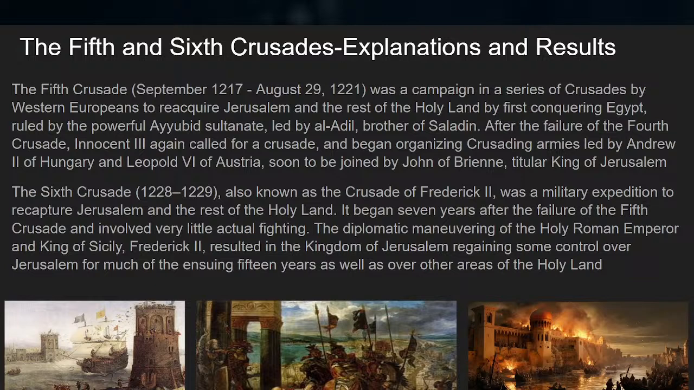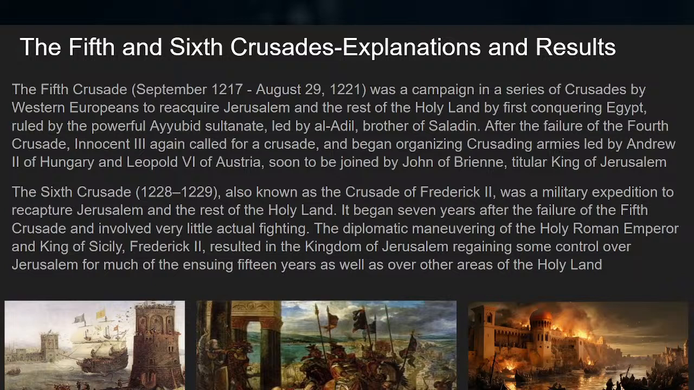brother of Saladin. After the failure of the Fourth Crusade, Innocent III again called for a crusade and began organizing crusading armies led by Andrew II of Hungary and Leopold VI of Austria, soon to be joined by John of Brienne,